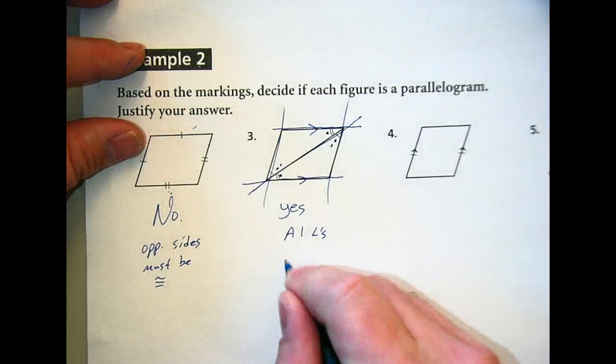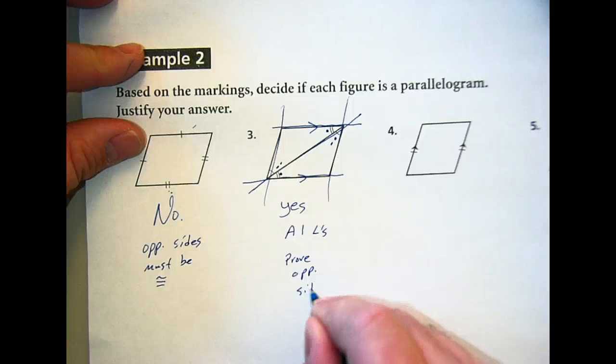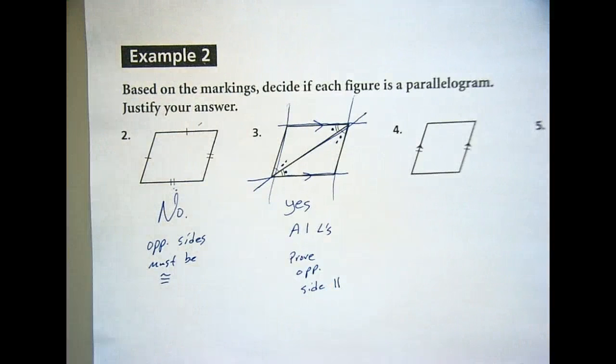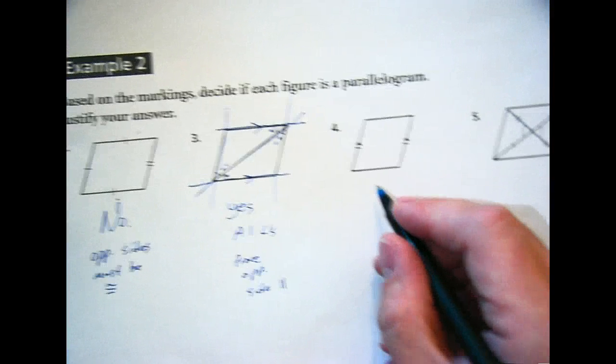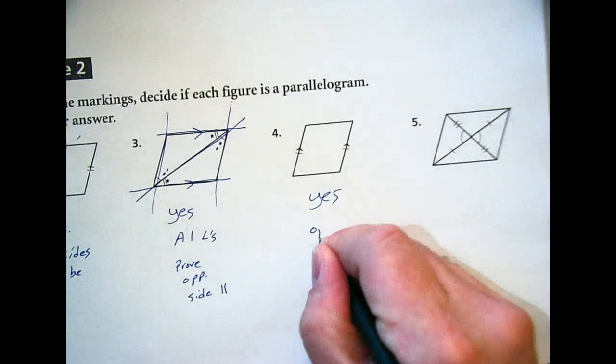Alternate interior angles prove opposite sides parallel. All right, number 4. Who says yes? Yay. All right, we have one pair of